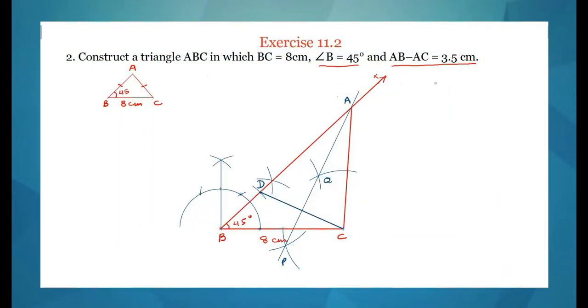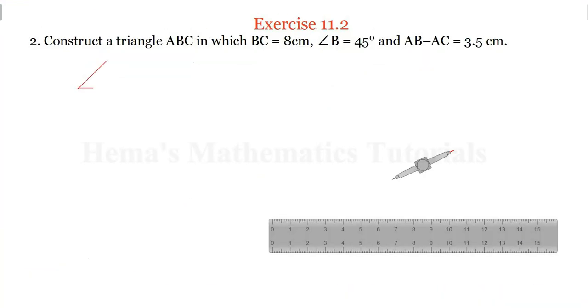In this video, we are going to do question number 2 of exercise 11.2, class 9th NCERT Mathematics. The question is, construct a triangle ABC in which BC is equal to 8 cm, angle B is equal to 45 degrees, and AB minus AC is equal to 3.5 cm. So here we need to draw a triangle